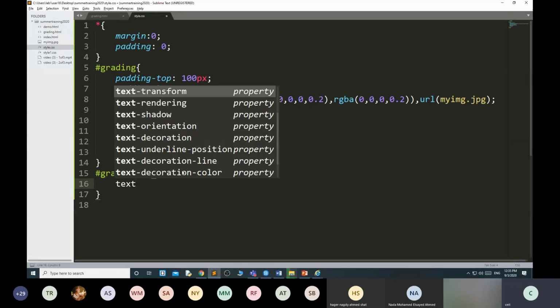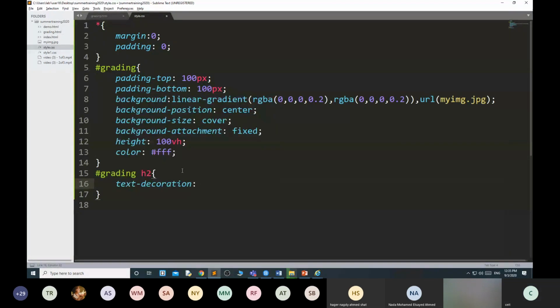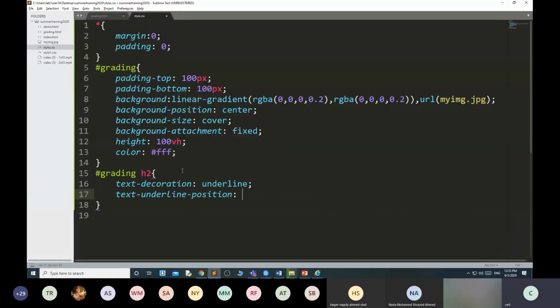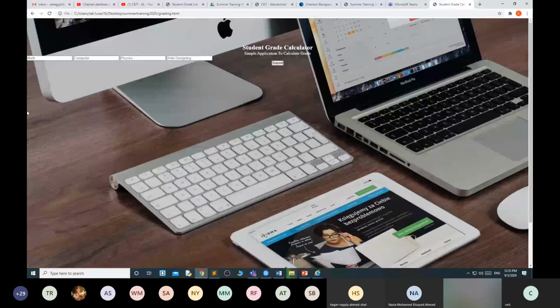Text decoration underline, then text underline position under, then letter spacing 2 pixel. See, letter spacing 2 pixel and underline.